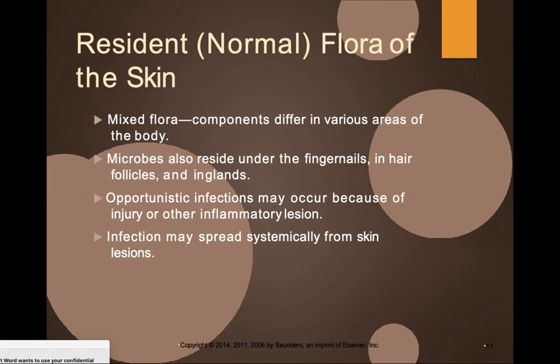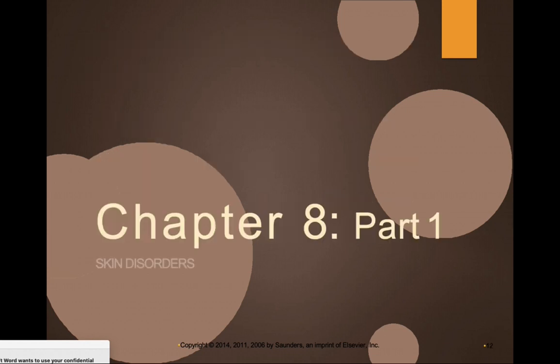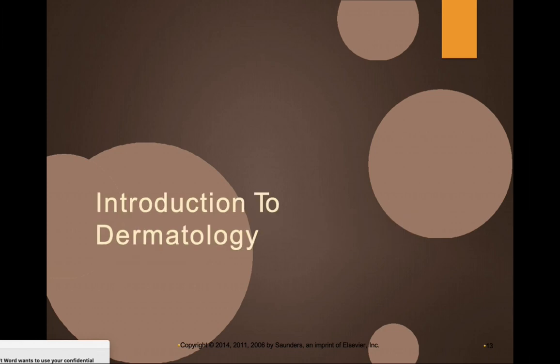So there's a direct connection from the nose directly into the brain, and nerves are a highway of communication of bacteria and viruses that can spread into the brain. There are opportunistic infections that may occur because of the injury or other inflammatory lesions, and we have to be careful because infections can spread systemically from skin lesions. All right, so that's a little introduction. Let's look at